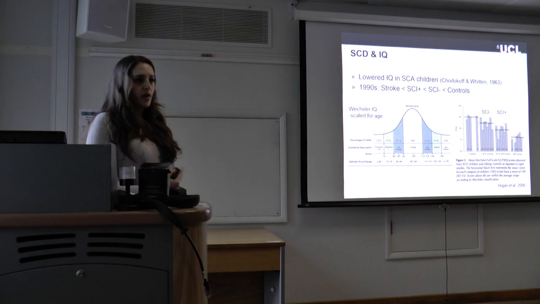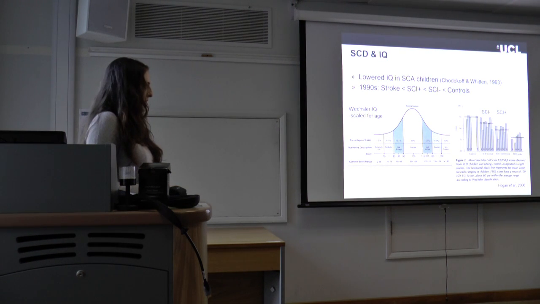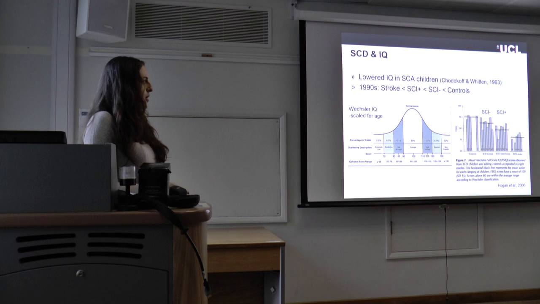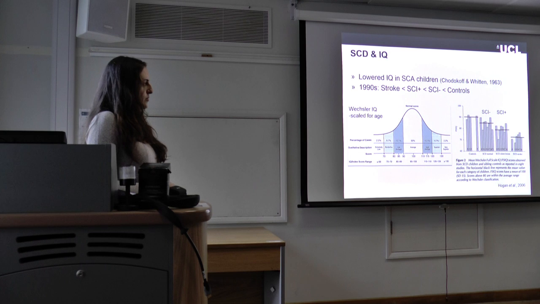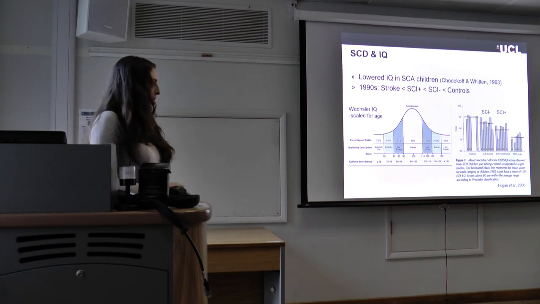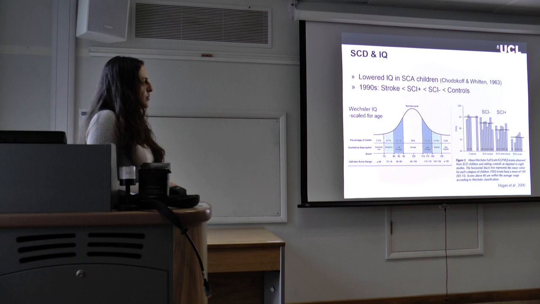So it's scaled for age or developmental stage, and this is the WISC, so we'll stick with children for now. About 50% of children will score between 90 and 110, and that's considered average range. And then you have 110 to 120, high average, superior, very superior, and on the other side, low average, borderline, extremely low. So if you look here at this review, it looks like the control